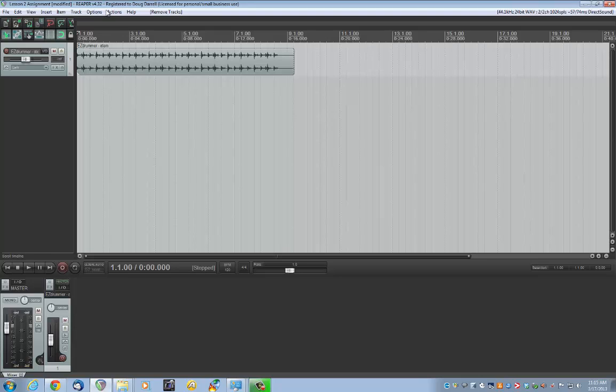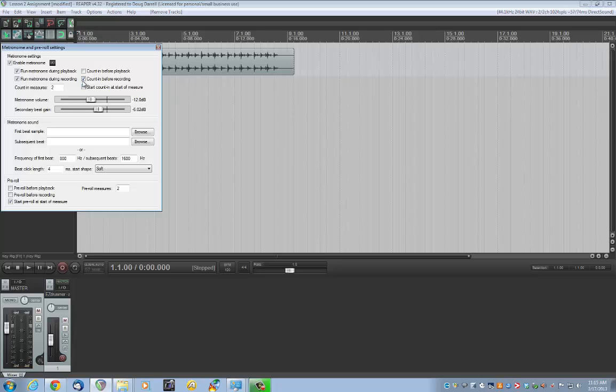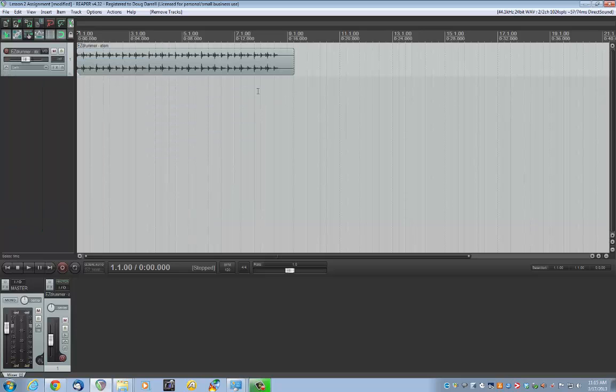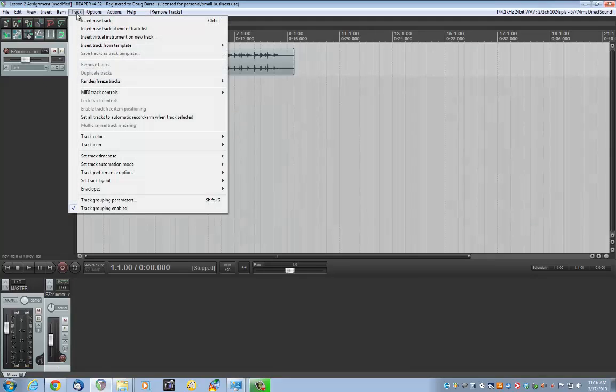So what we have here is I already have an audio track with the drums, and let's check the metronome. I'll turn it on and let me check the settings of that. I do have it set to count in before recording, but I actually don't want to run the metronome during the recording, so I'm going to declick that because I've already got a nice click track with that drum track. So we'll close that. Now I want to add a new track, and I'm going to select Insert Virtual Instrument